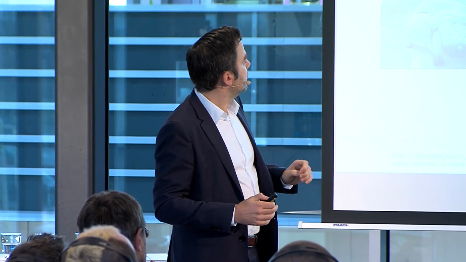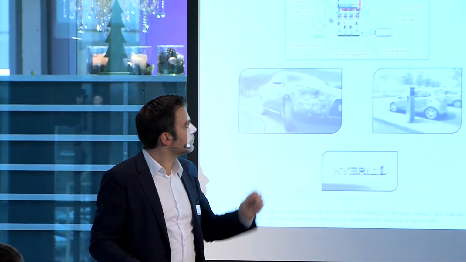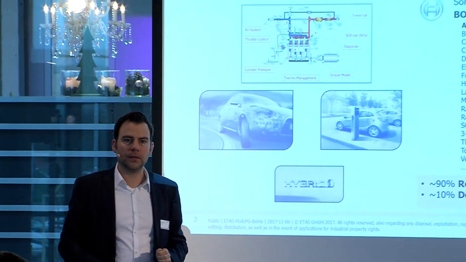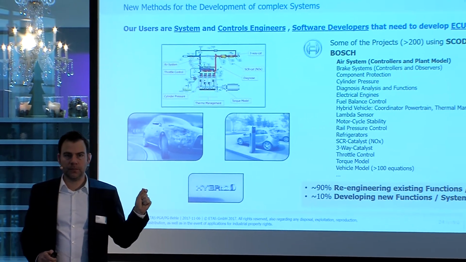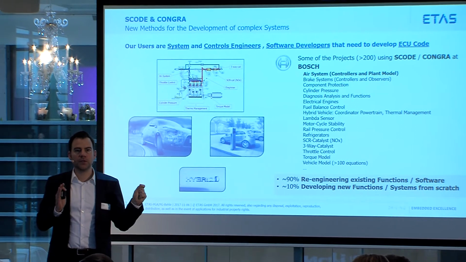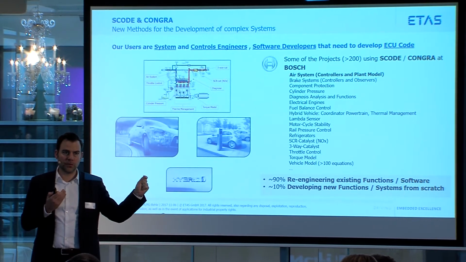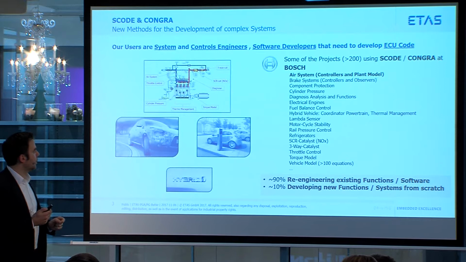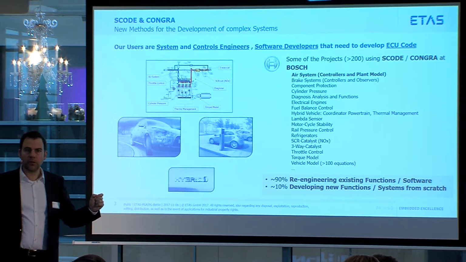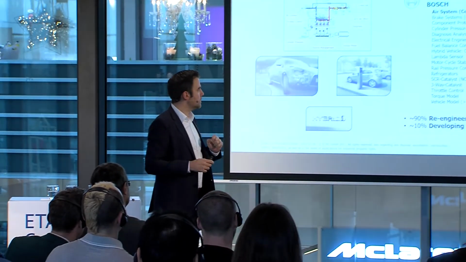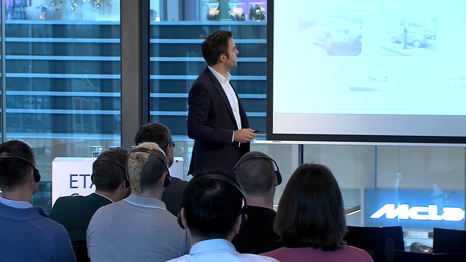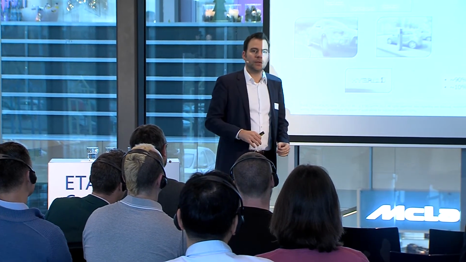What do we address? Well, based on Bosch's history, we look at everything that is in the realm of system and control engineering, software developing, and the development of ECU code, because that's what the aim is. We want to have code for our ECUs. So that was important for our research. The final result has got to be the code for our ECUs. So from the requirements, from the idea of a system, of a function, up to the ECU code, this is the chain, the structure that we want to support.